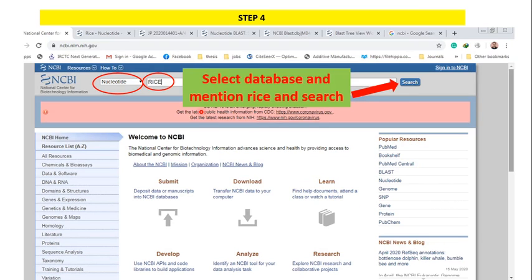In the next slide you can see I selected nucleotide sequence, and on the right side I selected rice, or type rice. After that I want to search for some gene in rice, so I go to the search option.